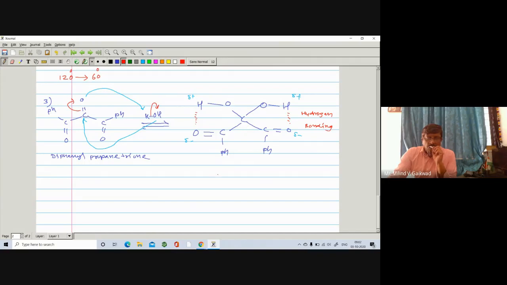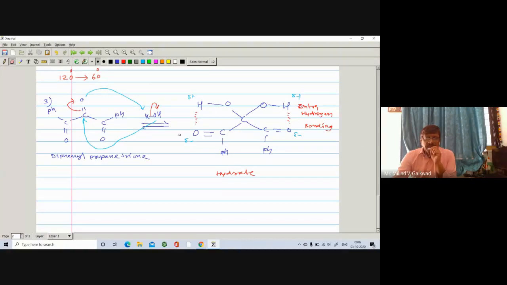So the hydrate of this one is found to be more stable. So it is a stable compound. Why? Because there is the presence of intramolecular, within the molecule, means intramolecular hydrogen bonding, or simply say hydrogen bonding. So there is a formation of intramolecular hydrogen bonding, right? So that's why the hydrate form is found to be more stable.